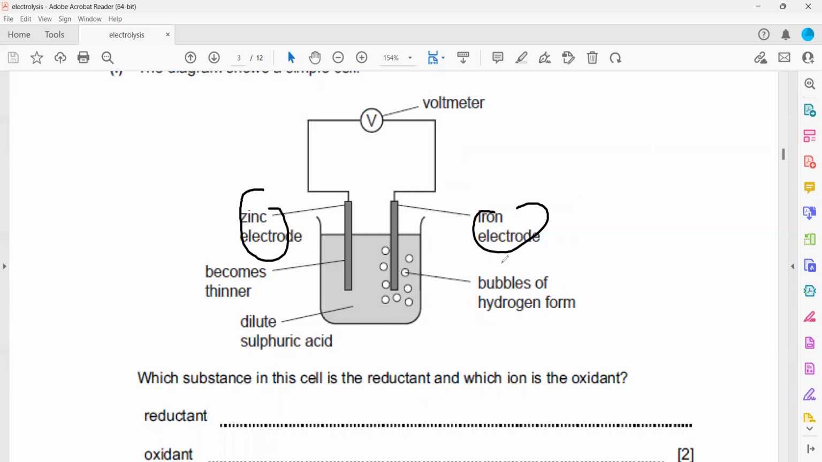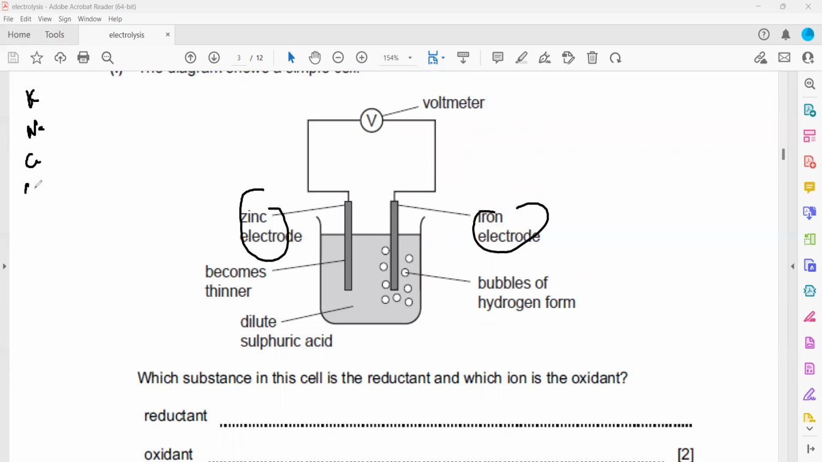So to increase the cell voltage, whenever we want to increase the voltage of a cell, we should use two metals which are having a greater difference in the reactivity. For example, here we are using zinc and iron. So we can use, instead of zinc, as we know the reactivity, we have like potassium,